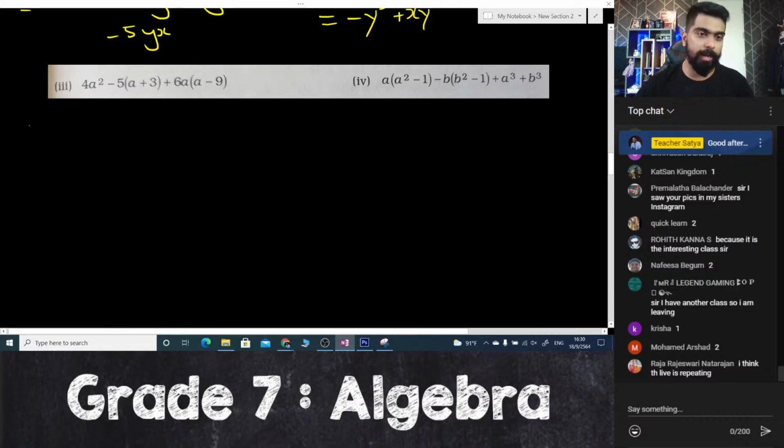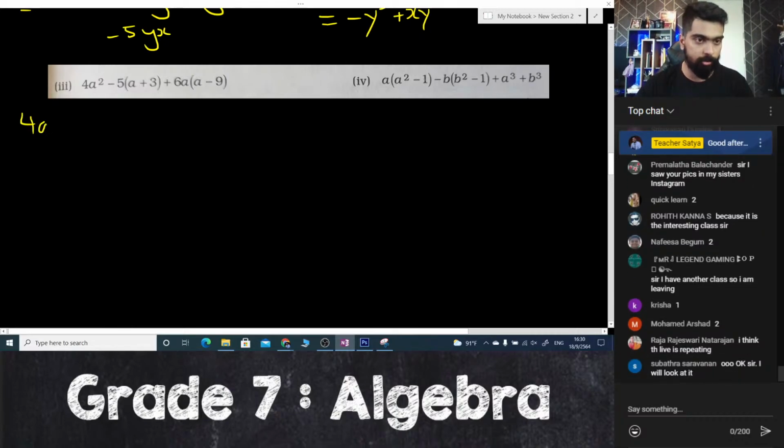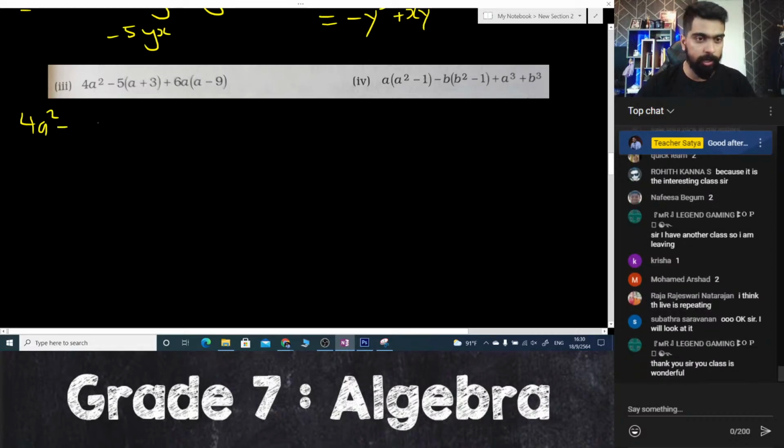Let's go. So let us break the bracket. So we have 4a squared minus, so minus 5 times a is minus 5a, right? And minus 5 times 3 is going to give us